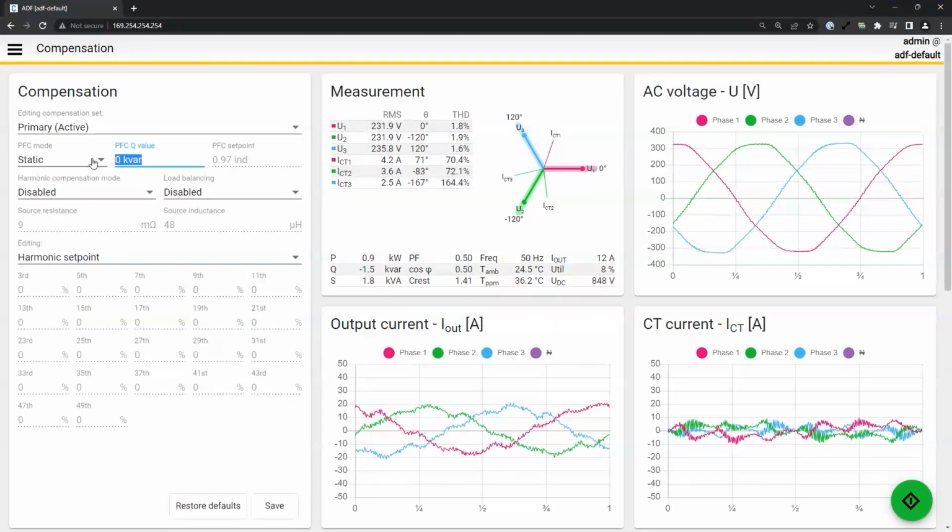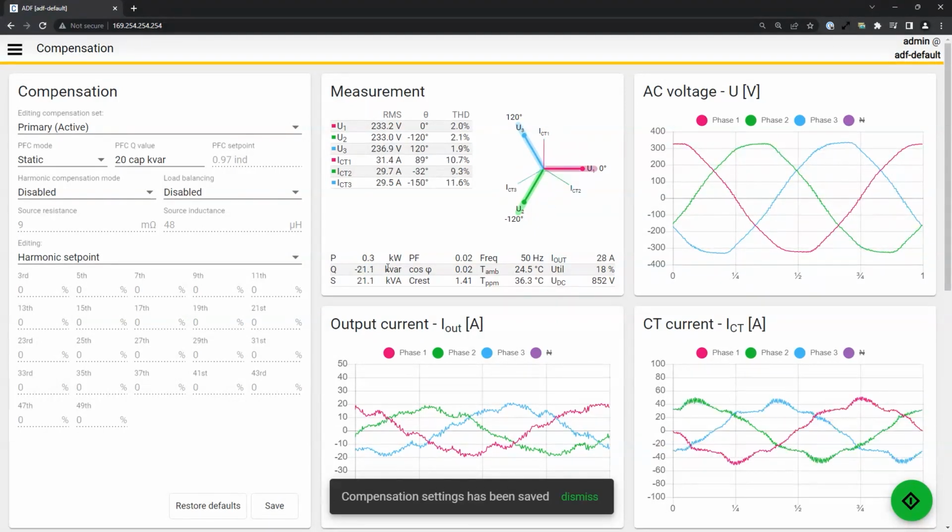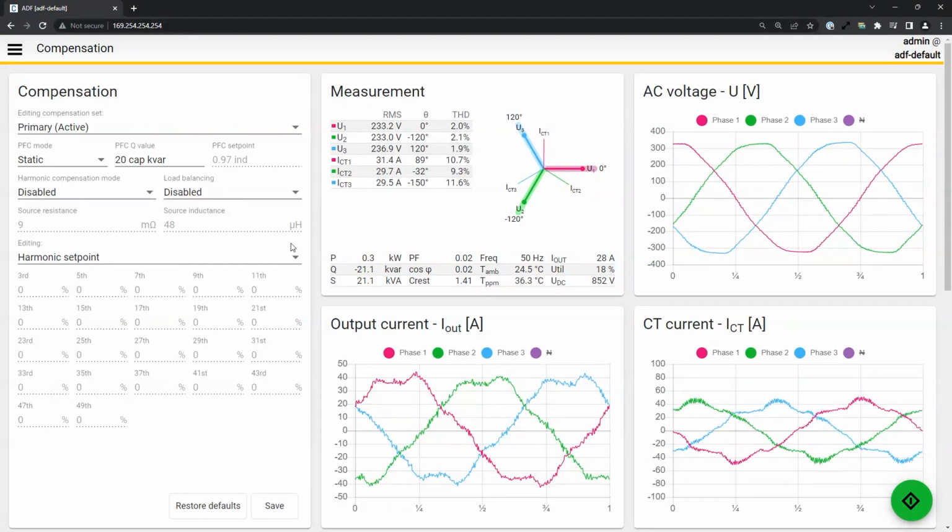If we now go back here and we add 20 kVAR capacitive, we should see this one increasing to about 21 kVAR. You see that jumping up to 21 kVAR, exactly what we expected. And if we do minus 20 kVAR or inductive reactive power, then we should see that going down to about 19 kVAR,